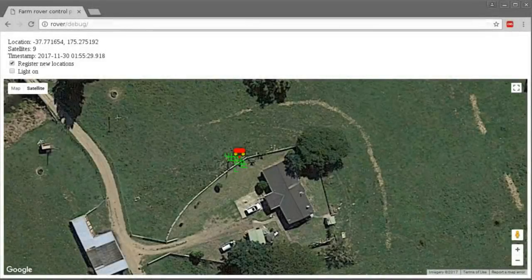Hello, I thought I might show you some of the software side of things that I did some work on a while ago to control this farm rover and get it to drive around using GPS and do some autonomous driving. So this is kind of the first steps of that. I actually only spent about a day and a half on it, about a month ago,